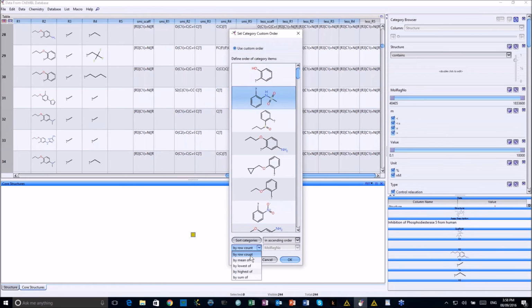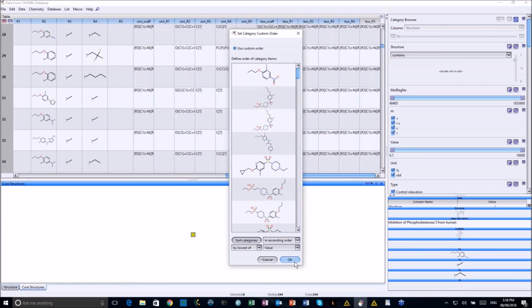We'll group all those columns which have the most rows at one end, which could be a nice way to do it. In this case, I'm going to use the lowest of that potency value, and then I just hit sort categories and OK, and we generate a new order of that particular